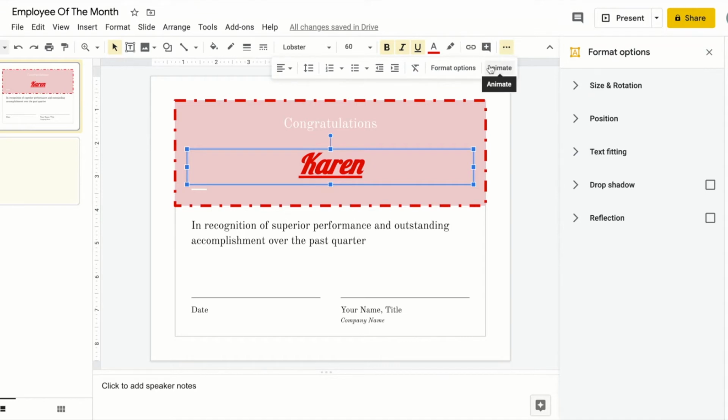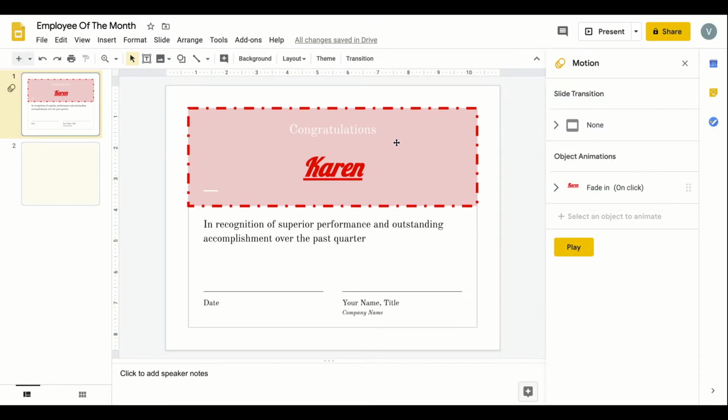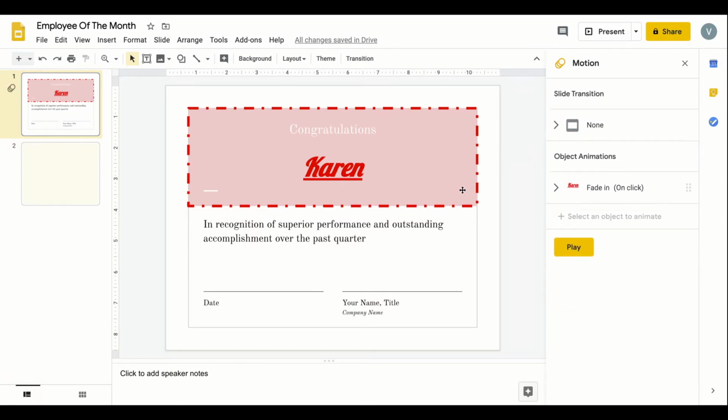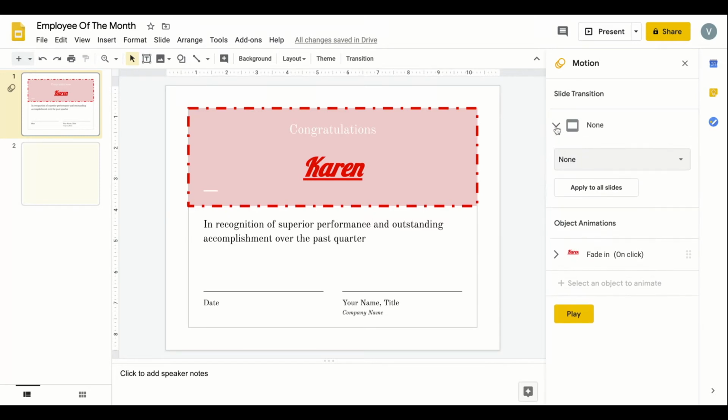Also under these three dots is the option to animate individual text boxes. Click there, and now we see the motion panel. This motion panel controls the transition between slides. It also controls animations by individual objects on your slide. So if we come up here to the motion panel, and then we want to take a deeper look at these slide transitions